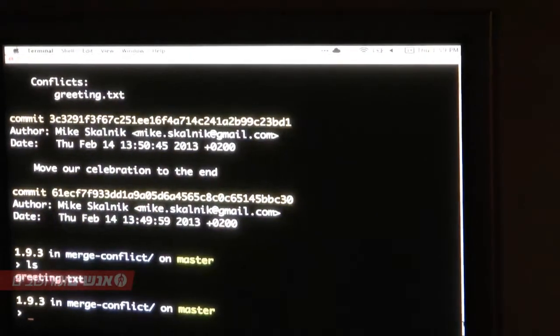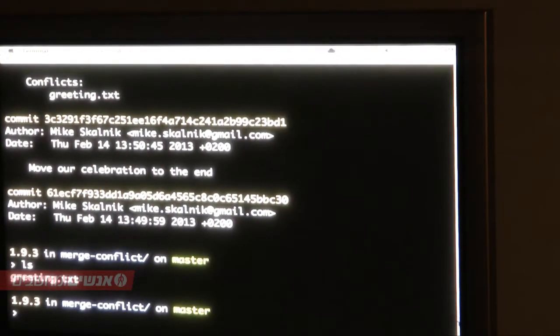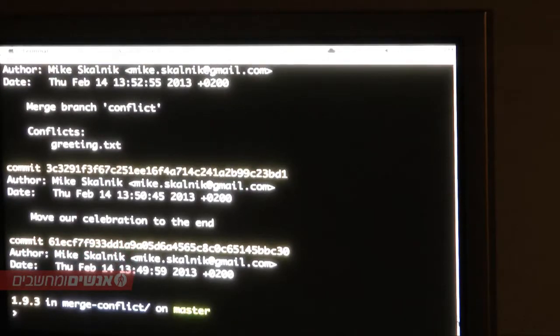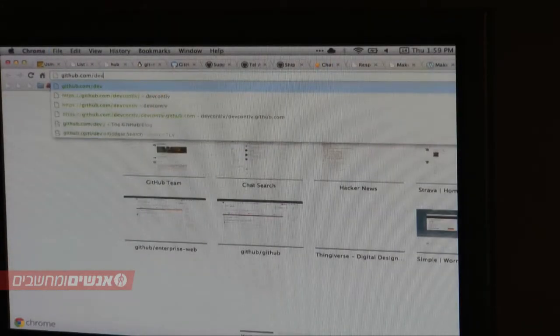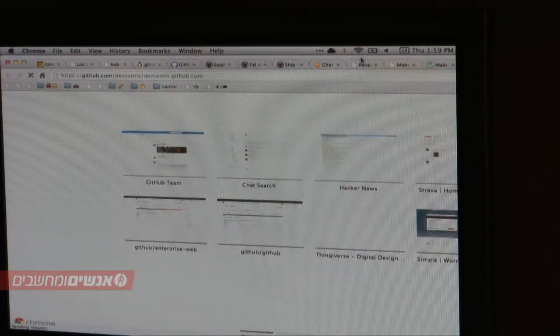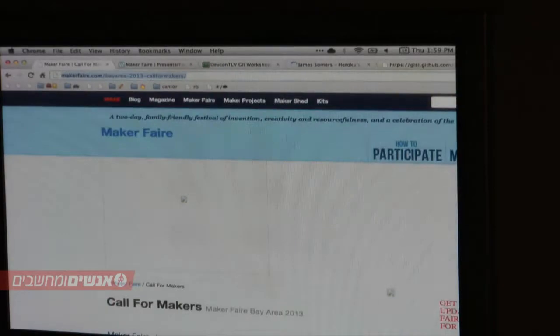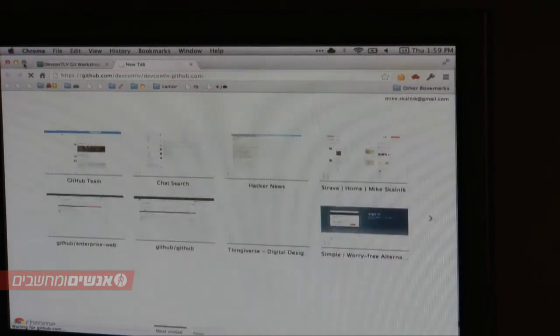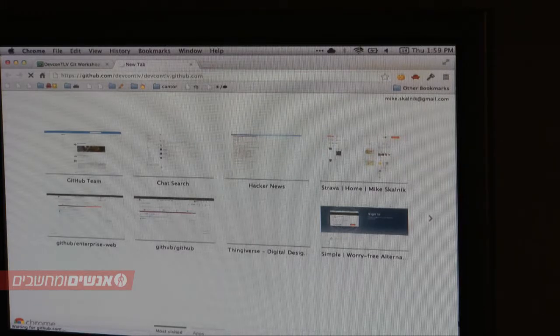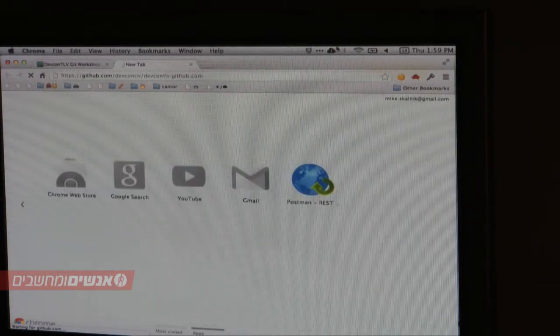Let's see. So we've had that one merge conflict. Actually, this would probably be a good time. So I made a simple repository. Let's see if I can get internet. And I'll close all these other tabs. So I don't know if we'll actually be able to use GitHub. I'm connected to the OZen network and it seems fast and unlocked. Right on. Let's see if that helps us out. Or you can tether with mine.